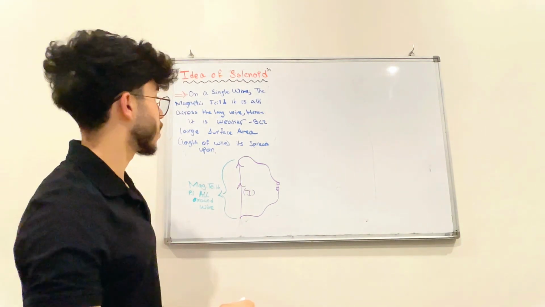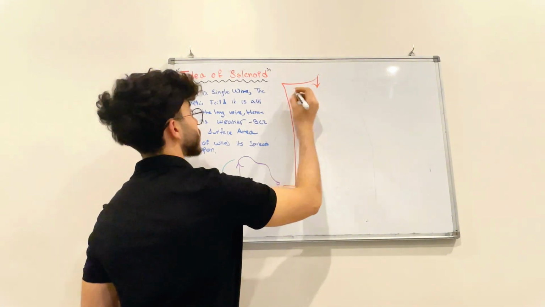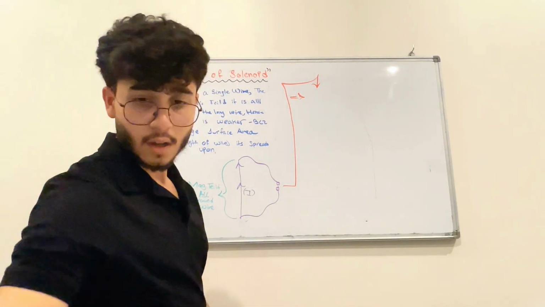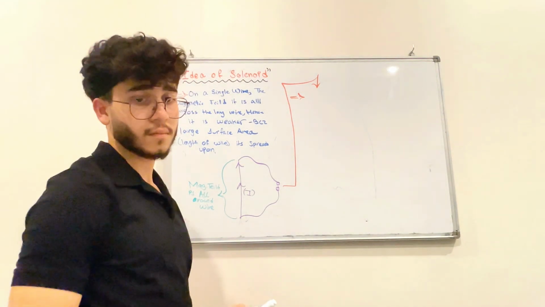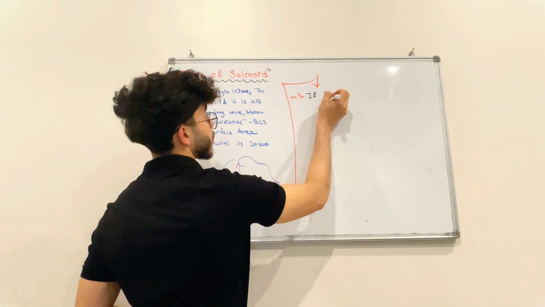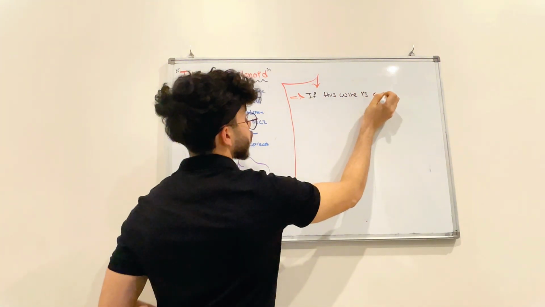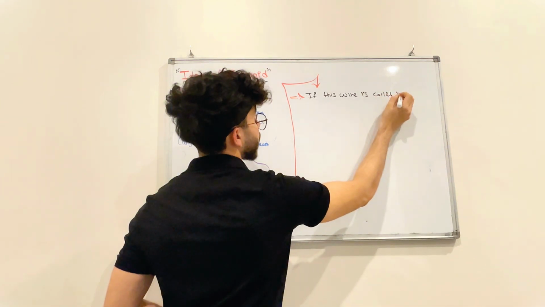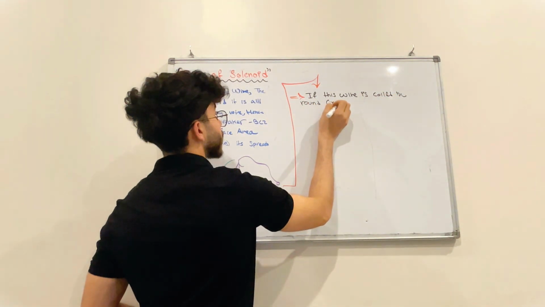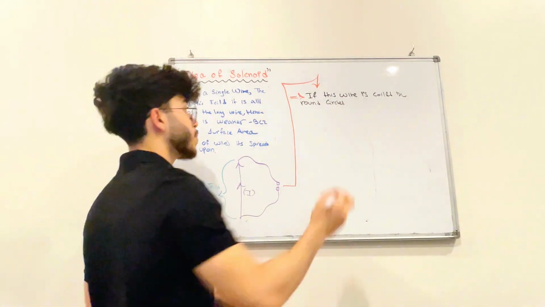So, let us come over here now. Over here, what can we say? We can say that if this wire is coiled in round circles, or let's say loops,